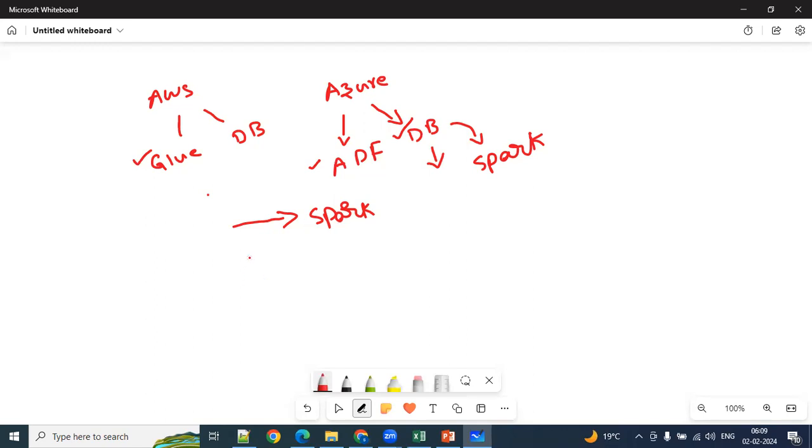Sometimes I feel that even Snowflake used Spark only in the backend, because I found most of the similarities between Spark and Snowflake. Many features, many similarities I found. So while discussing this Databricks course, I'll discuss the common features between Snowflake and Spark. Slowly we'll discuss that.